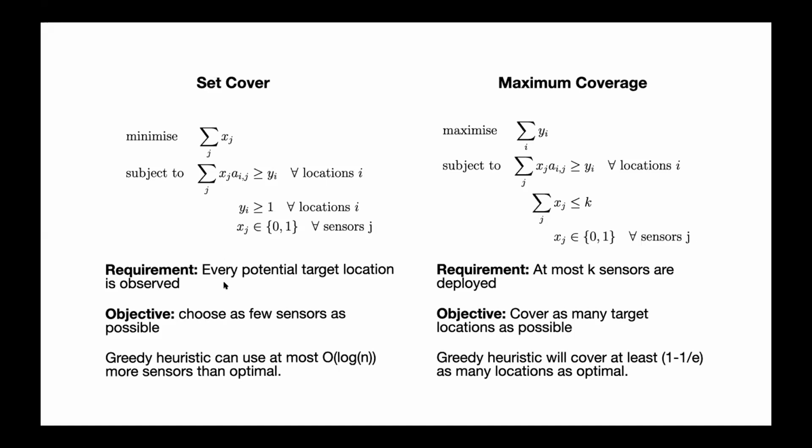And so again, in this one every potential target location is observed, and now your objective is to accomplish this by using as few sensors as possible. The other problem, which could also be useful to solve, is essentially the dual of this problem. It's called maximum coverage. And here the hard requirement is on the sensors. So you've only got K sensors to work with, let's say. And your objective now is to reveal as much of the landscape as possible, so you want to cover as many target locations as possible. So this is what Will was showing earlier, this maximum coverage. How good can we do with 2, 3, 4 sensors?